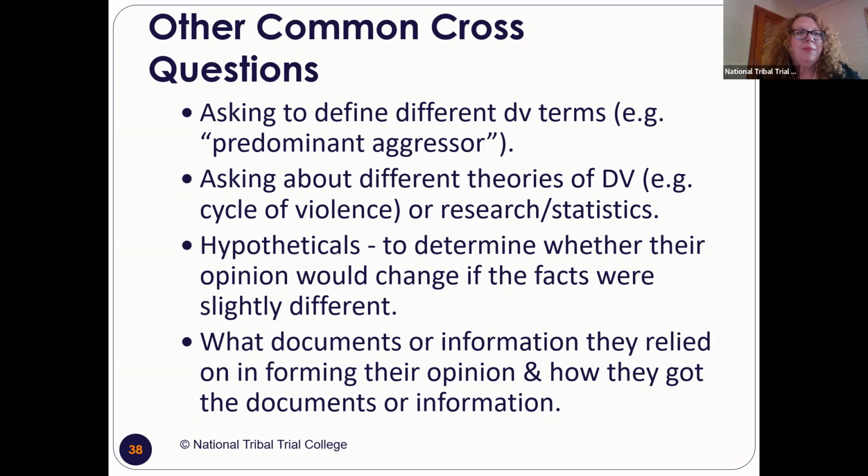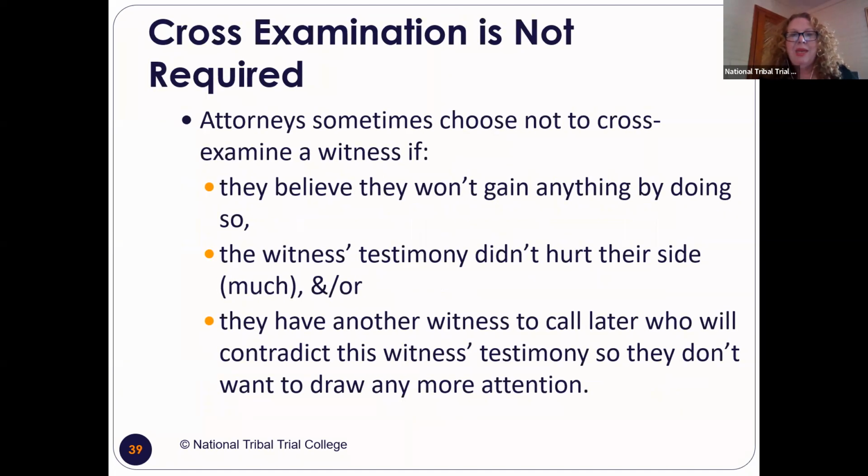And then they get to ask them what documents they relied upon. So don't only give your expert witness the documents that are favorable to your client, because if there's other stuff, the other side is going to bring it out. So maybe it's the report that the children's hair was unbrushed and they weren't showering and that kind of stuff, right? Give them the good, the bad, and the ugly, but don't give them the confidential, right? Because sometimes they're going to try to go after your witness there.